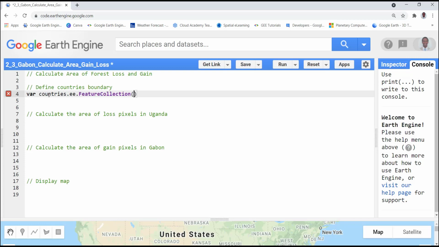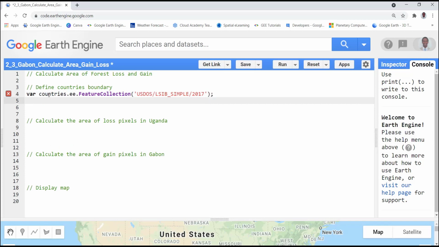That will import the feature collection ID. In this case, I have to provide that, and I already know this beforehand. So it's USDOS/LSIB/simple/2017,